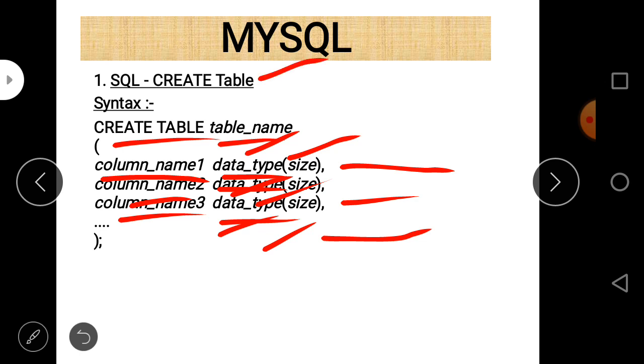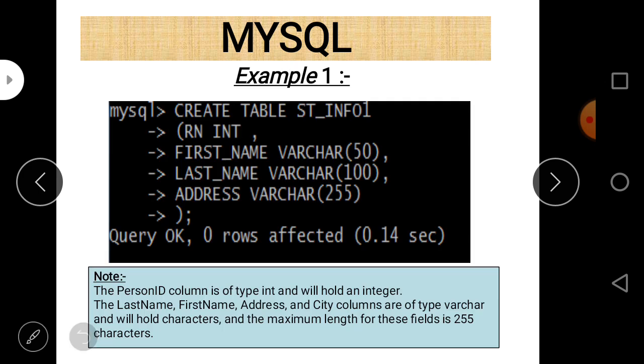So this is the syntax of my create table command, and you can see that here table name is st underscore info1, and name of the column is rn, then type is integer, and there is no size at all, as I told you earlier, and then first underscore name varchar 50. Varchar is used to represent a character type of data, string type of data.